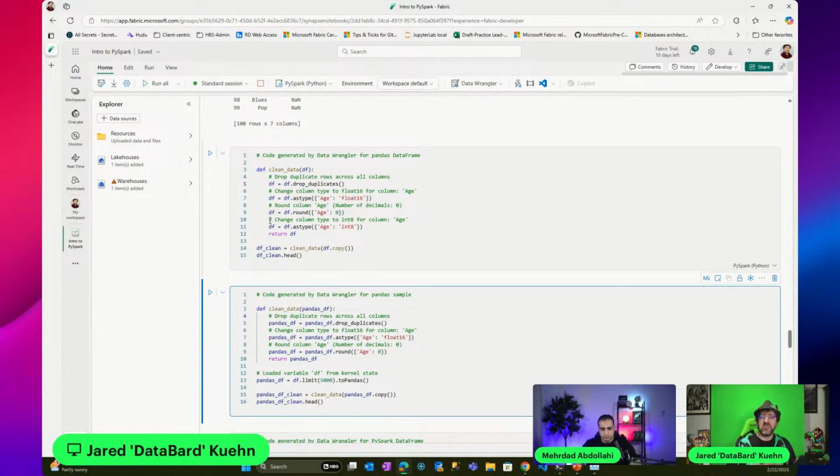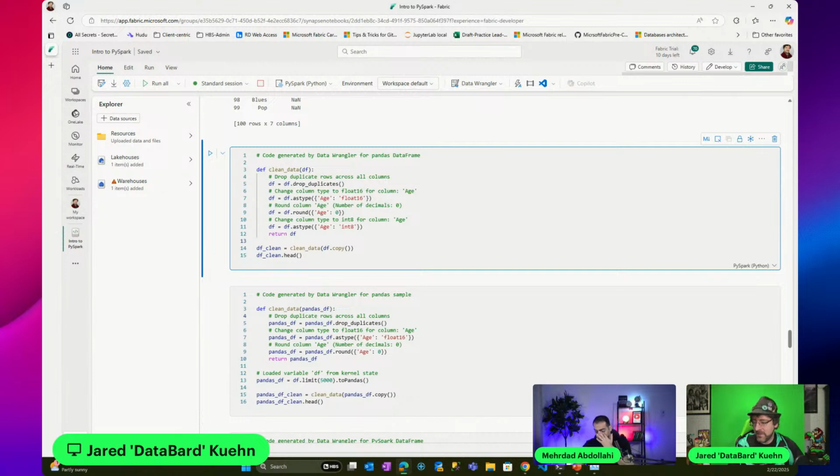Now I can focus on the analysis and the transformations of data I genuinely care about doing. This is the sort of stuff that makes it so much easier to get started working with this code, even if you're not necessarily an expert at it. So even if you don't have that Copilot, check out Data Wrangler. It will save you some time when it comes to cleansing data.